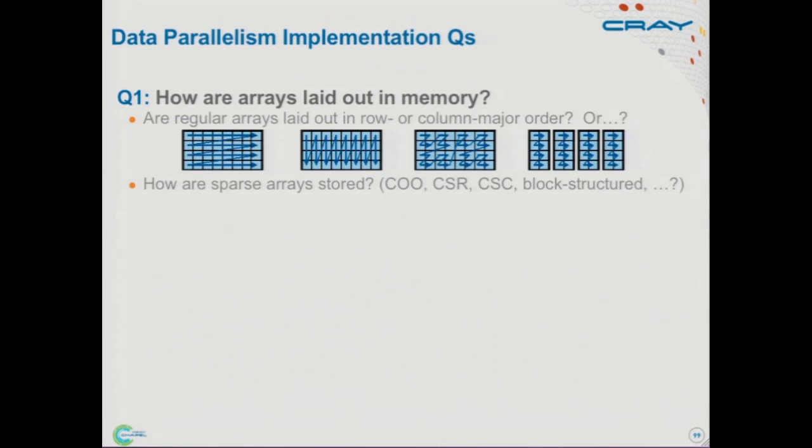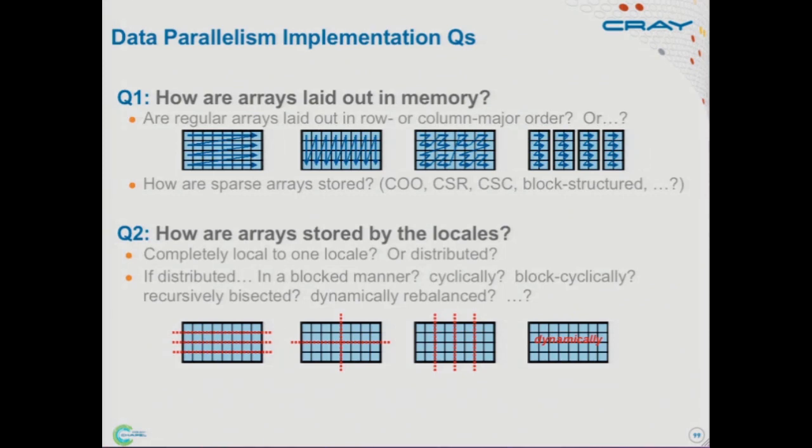Similarly, if you use our sparse arrays, and you're a sparse matrix kind of person, you might ask, do you use a coordinate data structure, some sort of compressed sparse row, some sort of blocked data structure? And another thing you might ask is, if I'm running on multiple locales and I declare an array, how are these arrays mapped down to the locales? Are they going to be completely local to a single locale? Are they going to be distributed across locales? If they're distributed, how? Block or cyclic or block cyclic or something else? Even if they're blocked, there are a lot of different ways you can block things up. Again, very important questions from a performance standpoint. And the answer here is kind of yes. You can do any of these things, is sort of the goal.